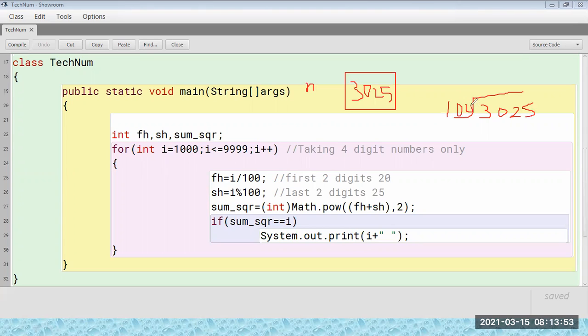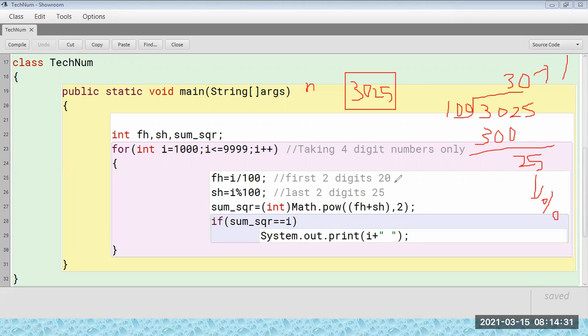So 100 into 3 will be 300, and you divide here, and 25, and here you will get 0. So if you try to divide by 100, this is your quotient, that is, if you are using the division sign, we will get this. If you are using the remainder sign, you will get this. Okay, this is the logic.